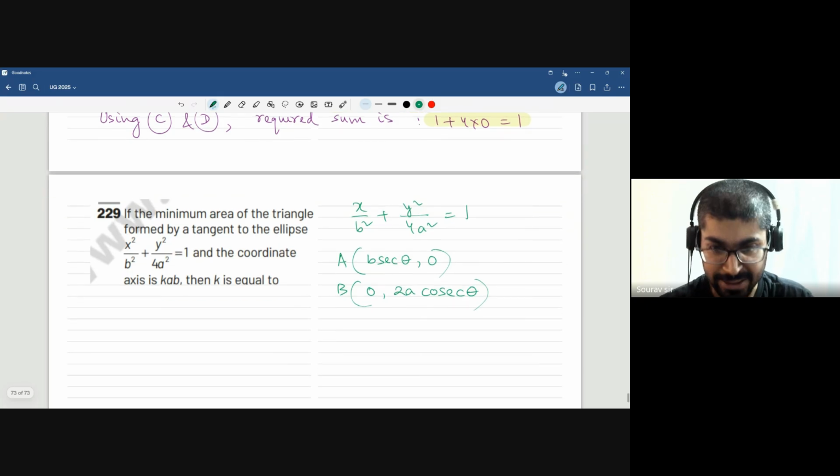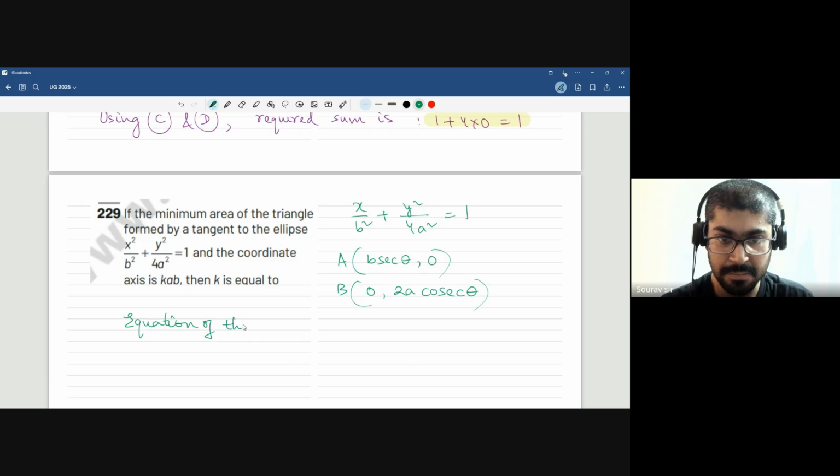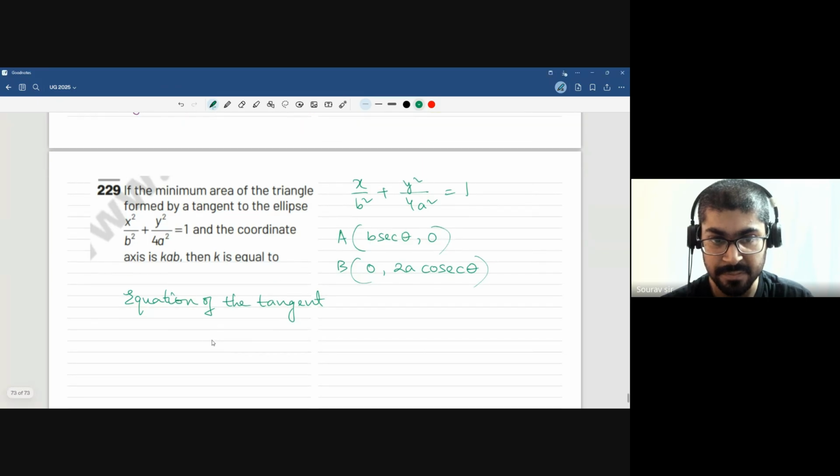Okay, and therefore the equation of the tangent will be x cos theta by b plus y sin theta by 2a is equal to 1,